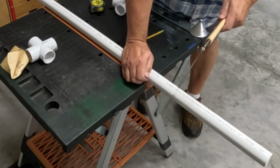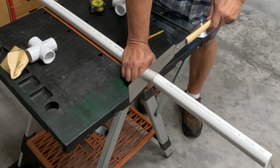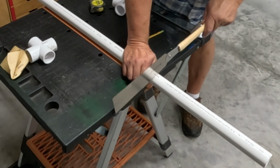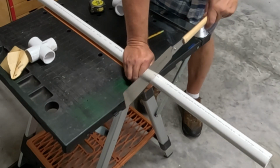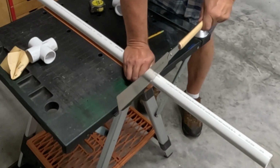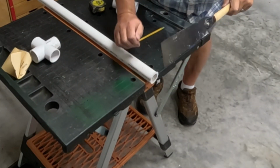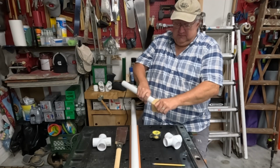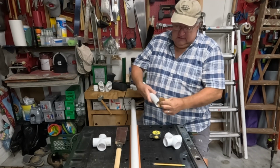I'm going to use my Japanese saw. If you'll recall from previous videos, I like to use this for cutting PVC. It's got a thin curve. It cuts on the pull stroke, and this fine-tooth Japanese saw will make a really nice PVC cut. Take a bit of sandpaper and clean that fuzz off of the pipe, inside and out,